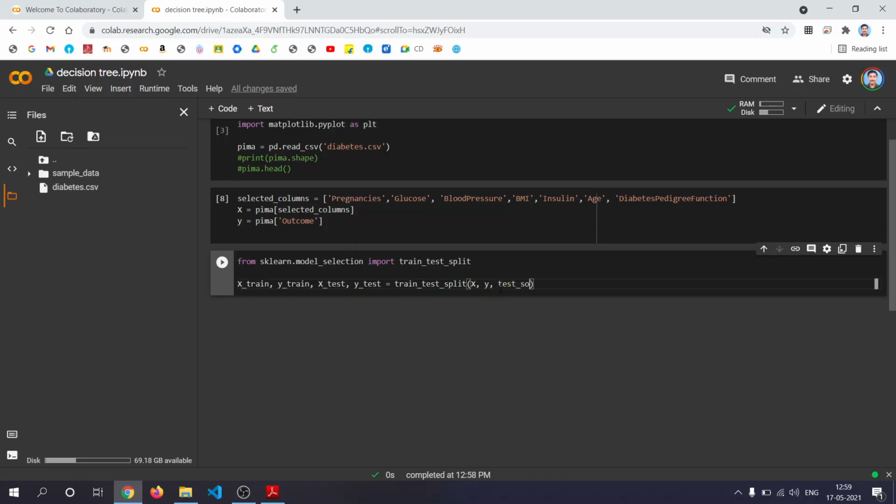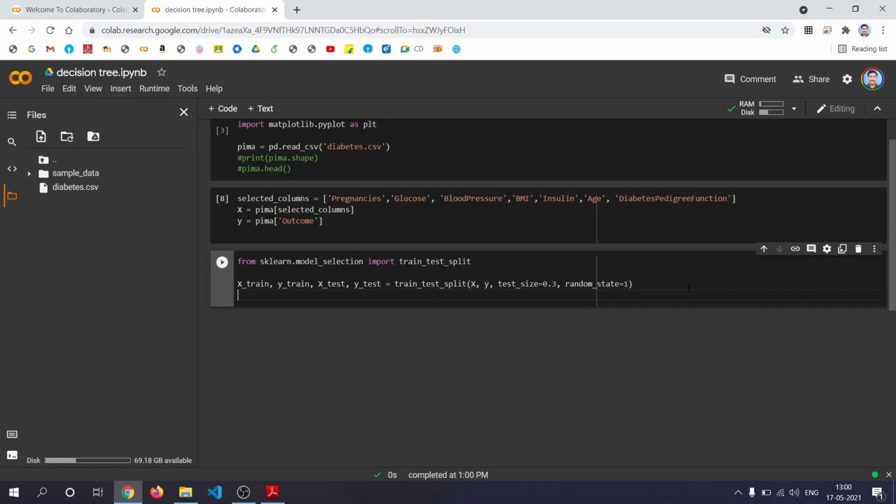Then test size, you need to specify how much of the data should be for training and how much for testing. So 70% for training and 30% for testing, and you assign a random number also, random_state equal to 1.